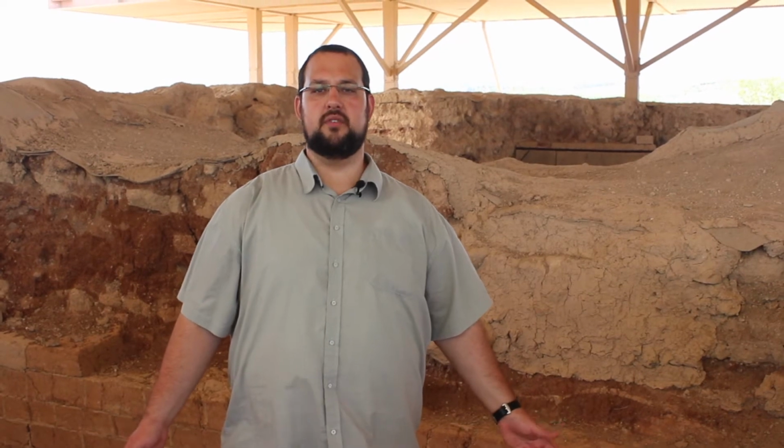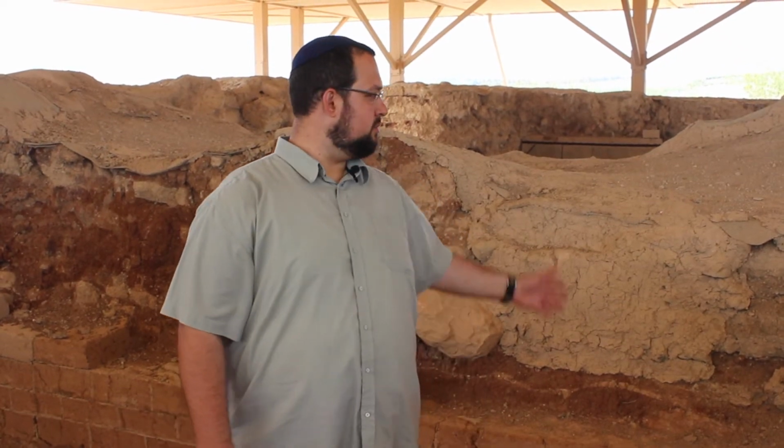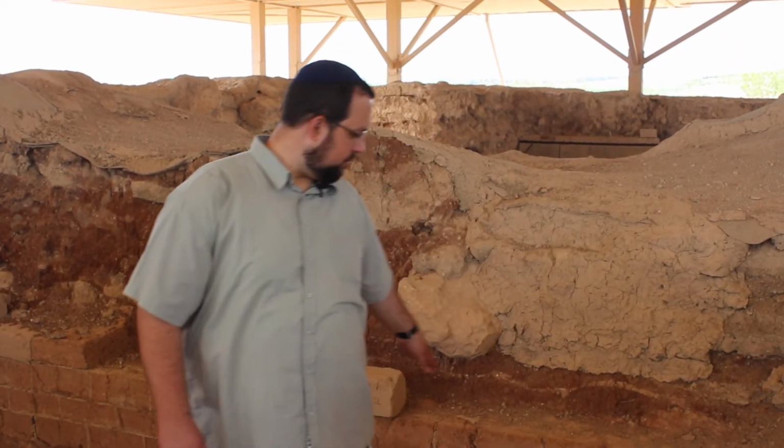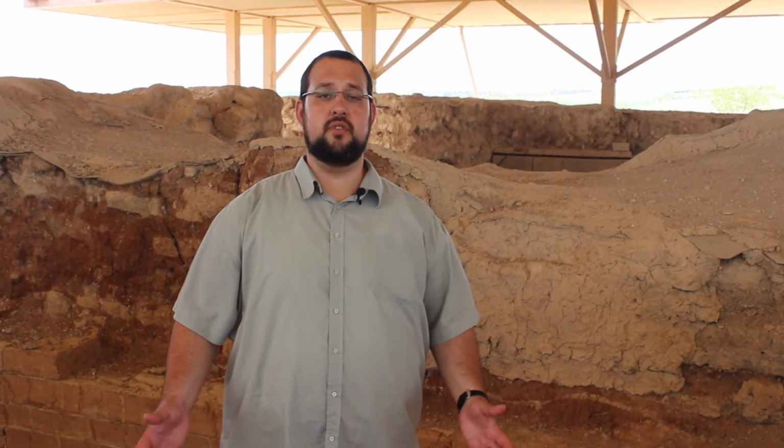So we are standing now inside the palace of the city. Usually palaces are somewhere towards the top of the tel, and as you can see, this is mostly reconstructed. Only very small parts on the bottom are actually from the original structure. And what's really important about this place is that this will actually be one of the most important administrative centers